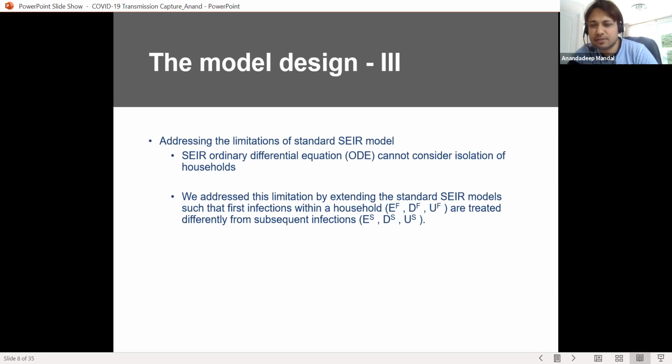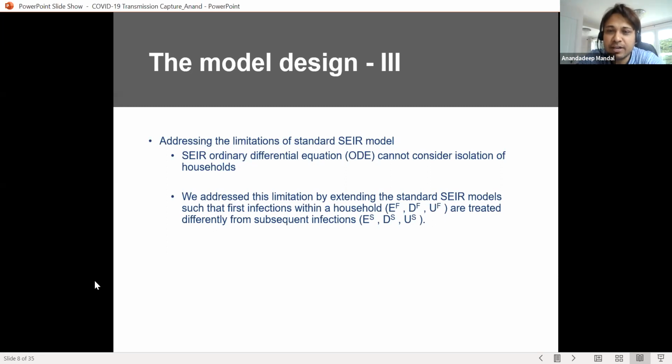And what did we do? It's very simple. Suppose I have the infection in my household, right? So I'm going to spread it to others. I am the first one to get infected, but for those who are subsequently infected, there will be a decay in transmission for me, and there will be a growth in transmission for the subsequent ones. So the transmission rate of the first and the subsequent ones will not be the same. So there has to be a decay component involved. That is exactly what we did.